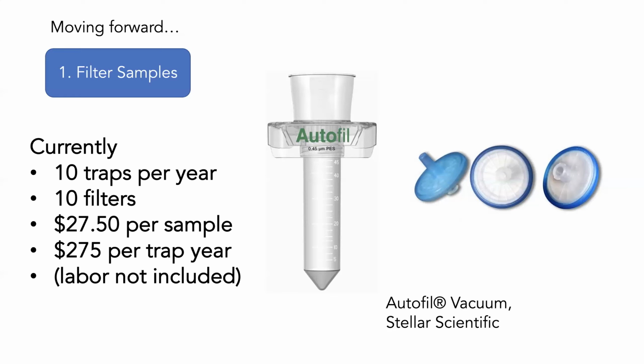But we are doing experiments right now where we're taking the 10 trap years and doing half of the traps on one filter and the other half on another filter, taking turns, even odds. And so we end up with 2 filters, greatly reducing the cost per sample or per trap year, because we're only having to run 2 samples of all the downstream events to get the sequence out.